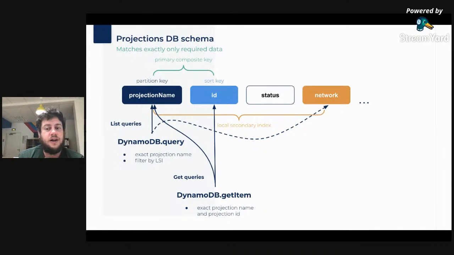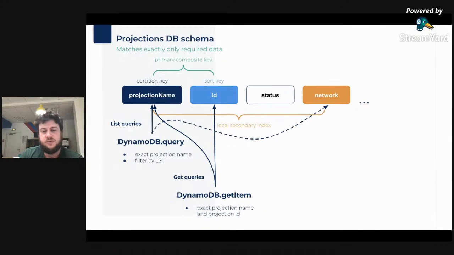When you want to recover listings of projections, for example, for a listing of all the alerts, you can use a DynamoDB query only requesting an exact match on the projection name. So for example, if I have a projection alert list with only the attribute required for the page listing all the alert, I will ask DynamoDB to recover all items inside the partition name alert list.